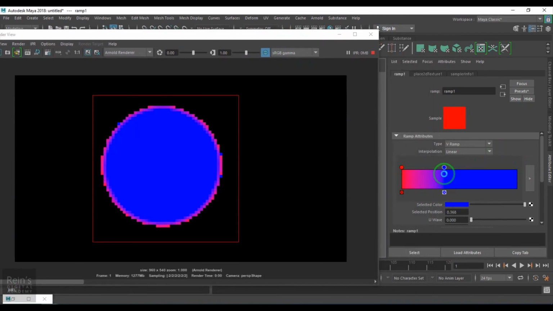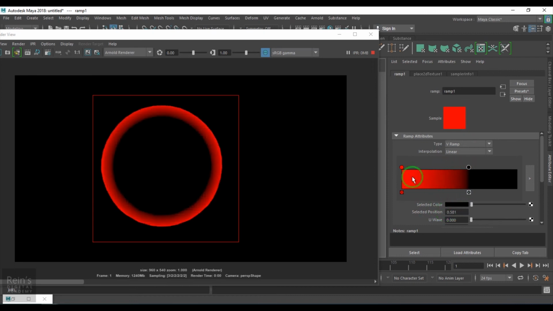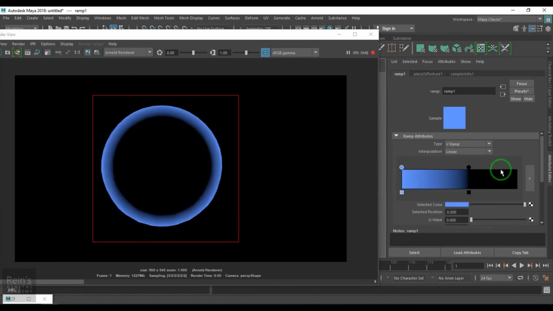Let's edit the ramp, and you see a very thin rim there. If I put it to black, then you see that nice outline there. If you are trying to make anything sci-fi or ghost sort of thing, I think Casper or something like that, you can do that kind of shading here with this network.